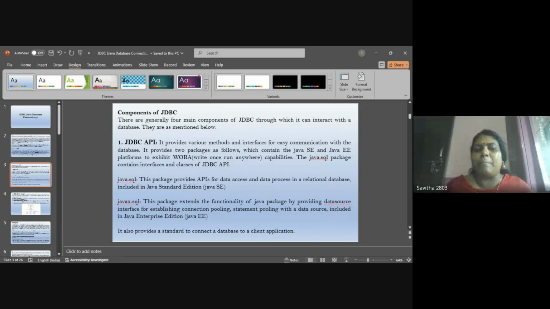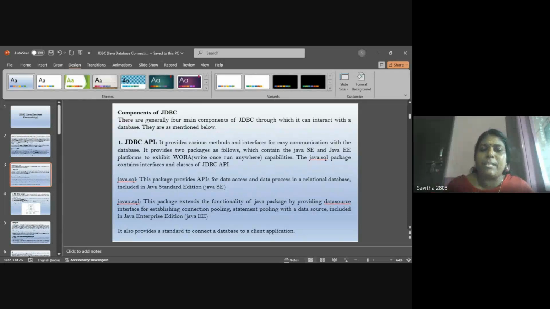One is the JDBC API. To connect with the Java program, we need an application program interface. It contains the Java Standard Edition or Java Enterprise Edition platform for JDBC connectivity, which means it follows Java's write once, run anywhere capability.